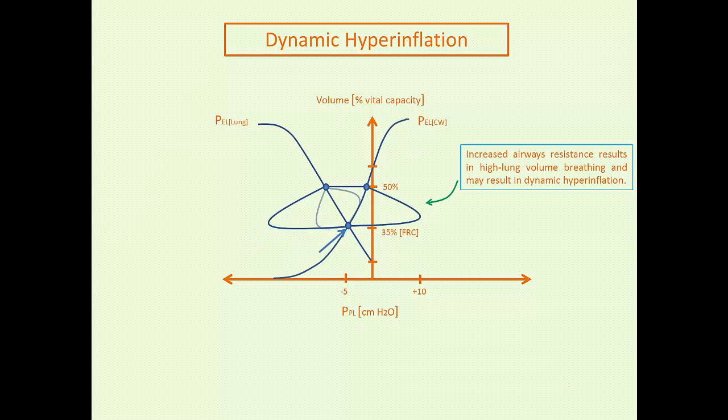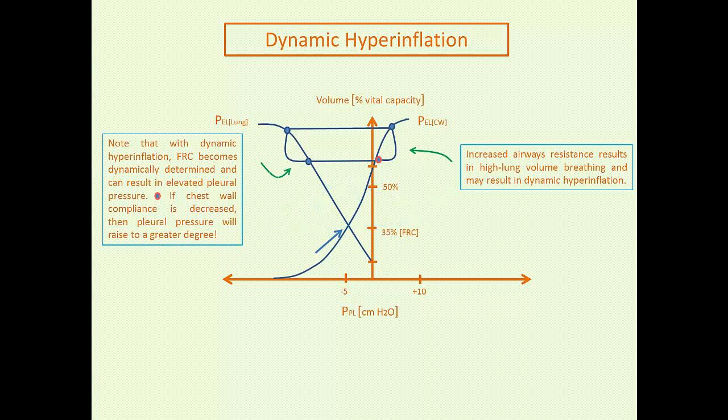So you breathe in and you breathe out, and you get back to FRC, and you can see that the change in intrathoracic pressure is much more pronounced here, much more negative on inspiration, much more positive on expiration. But with time, as mentioned, the patient begins to breathe at high lung volumes, and this is to minimize airways resistance as